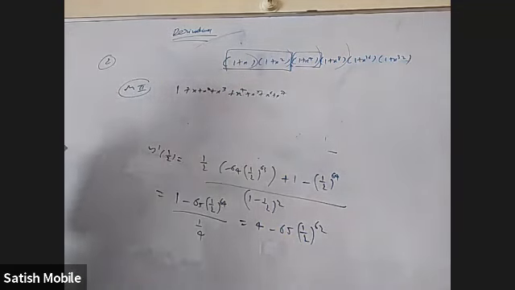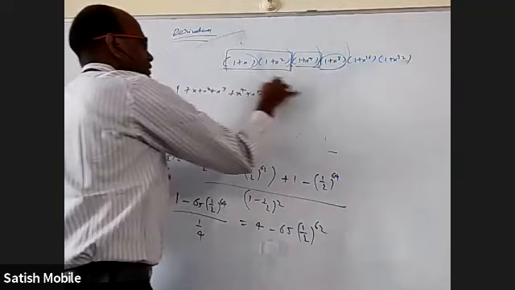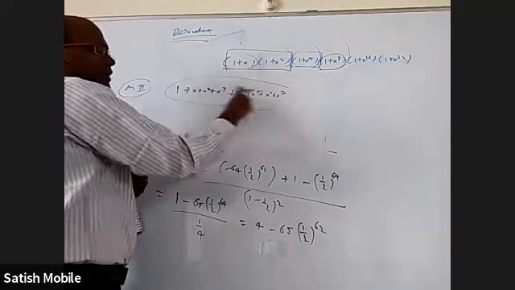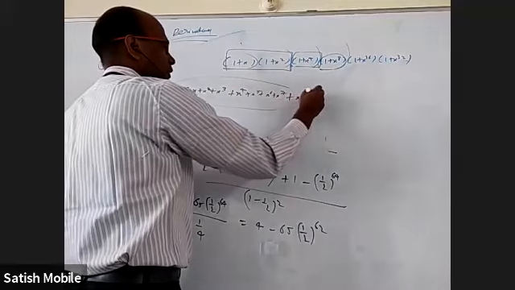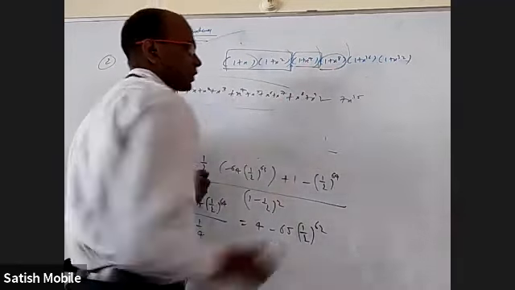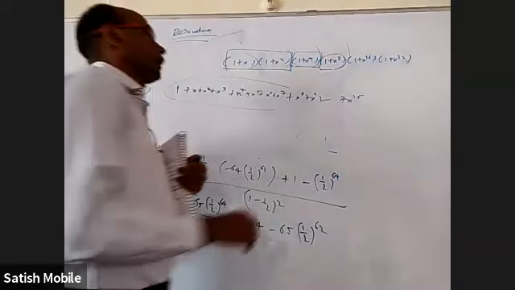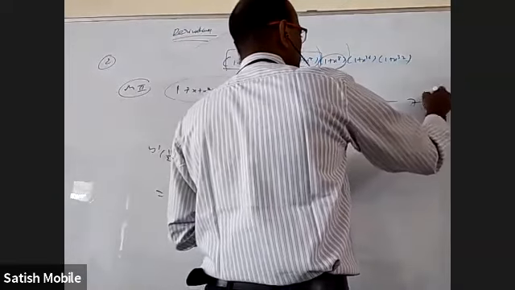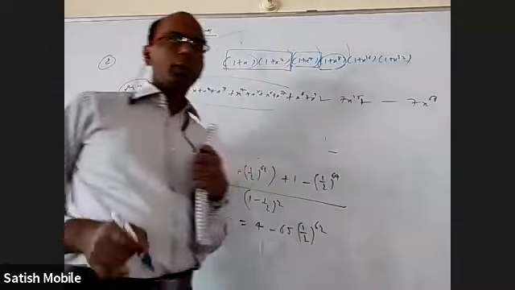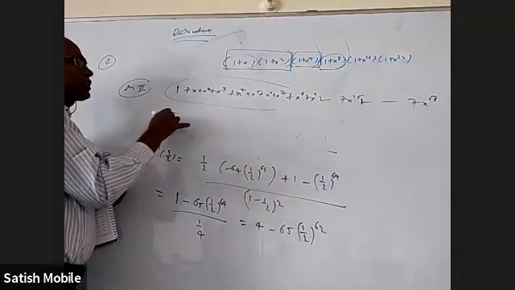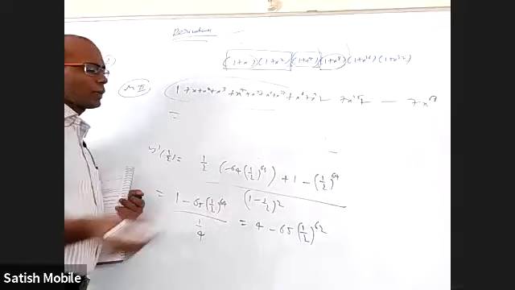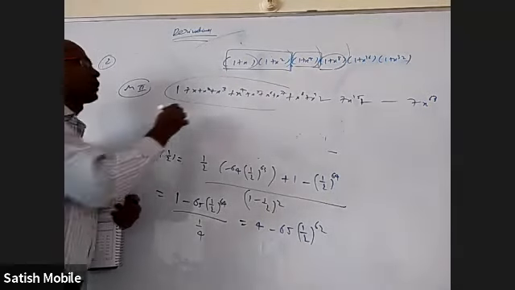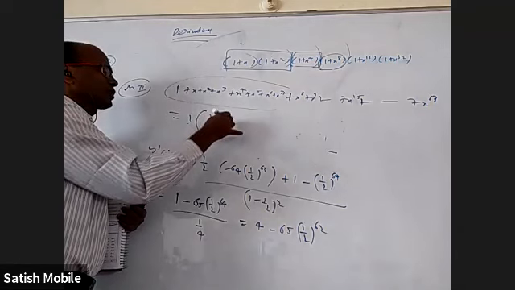Right? Now this and this, when you multiply with 1, the same thing will come as it is. With x power 8, when you multiply, you get plus x power 8 plus x power 9, and so on up to x power 15. Like that, we'll get so on up to x power 63 ultimately. This is a regular geometric progression with first term 1, common ratio x, and number of terms 64. If you use a into 1 minus r power n by 1 minus r, you get 1 into 1 minus x power 64 by 1 minus x.